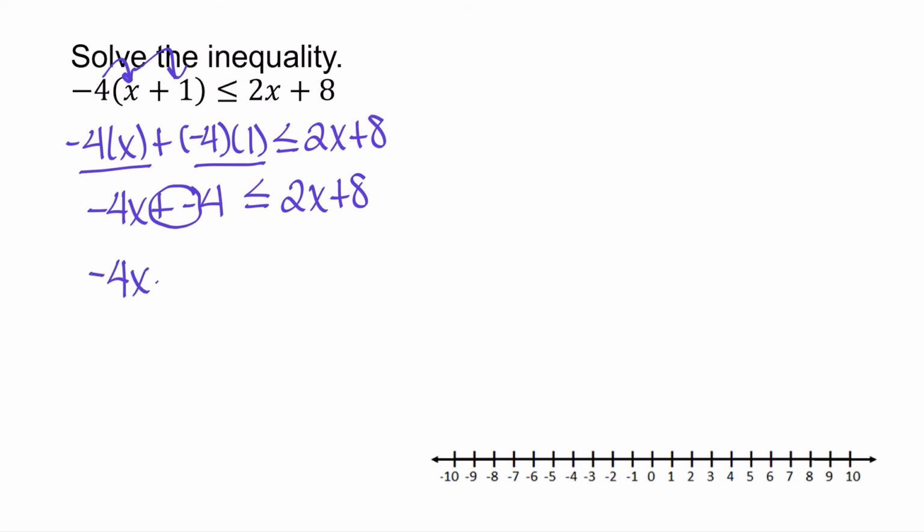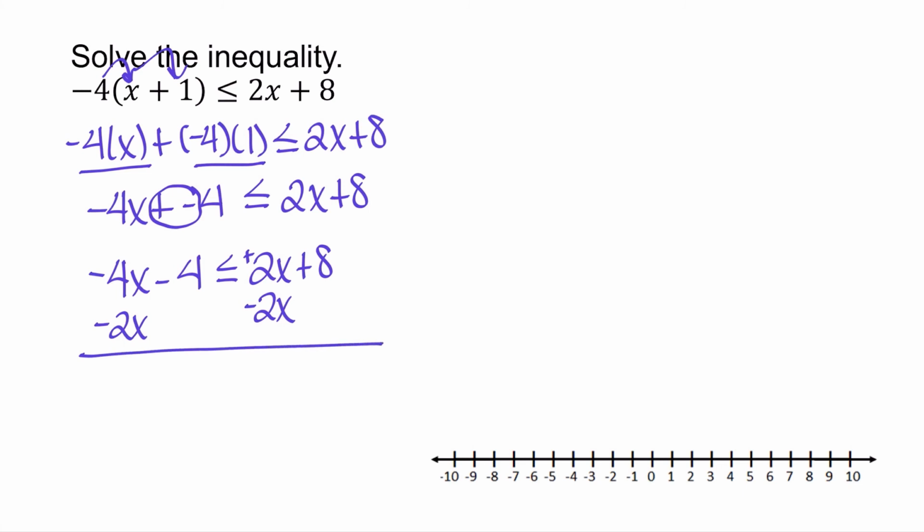So I have 4x minus 4 is less than or equal to 2x plus 8. Now I have variables on both sides, so I'm going to move them all over to one side. This 2x is positive, so I'm going to do the opposite and subtract 2x from both sides. So on the left side, that leaves me with 4x minus 2x, which is 2x. Bring down the minus 4, and that's less than or equal to 2x minus 2x will cancel, and then